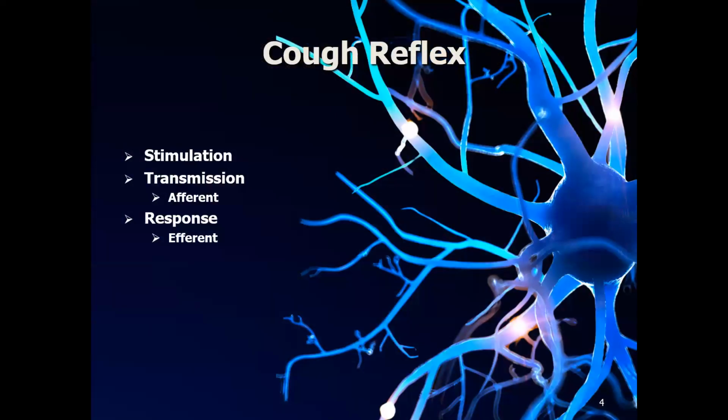So cough is a vital airway defense mechanism designed to protect the lungs. Its purpose is to clear mucus, debris, or foreign material from the airways and prevent aspiration or infection. It is stimulated when irritant or stretch receptors detect mechanical or chemical triggers. Then afferent signals travel via the vagus nerve to the cough center in the medulla. This then causes efferent motor signals to trigger deep inspiration, glottic closure, compression of intrathoracic pressure, and then forceful exhalation